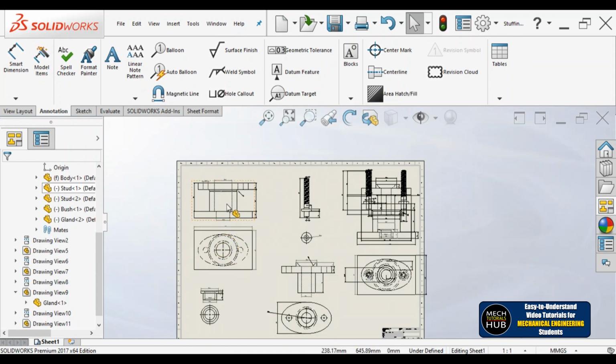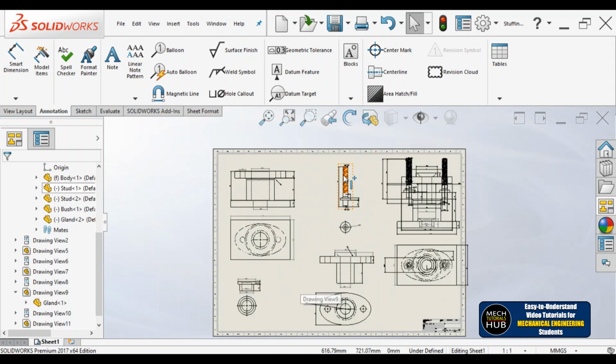Okay, and projection should align. For example, this is a front view, this is a top view, front and top view of this part, front and top view of this part, and these front and top views should align with each other. It should not be like somebody draws the front view here and the top view somewhere away from that, that will go wrong all the time, because front view and top view will align with each other, front and side also align with each other. That alignment should be there.